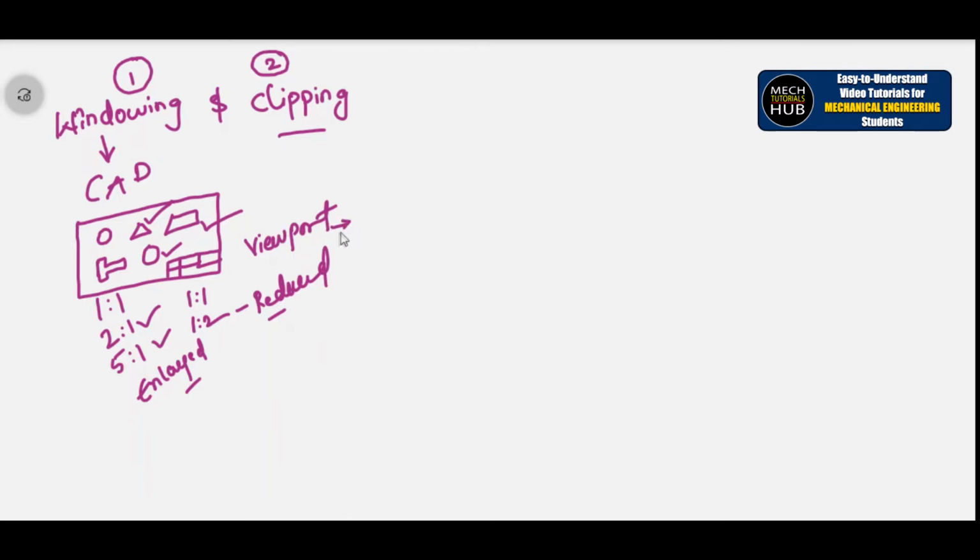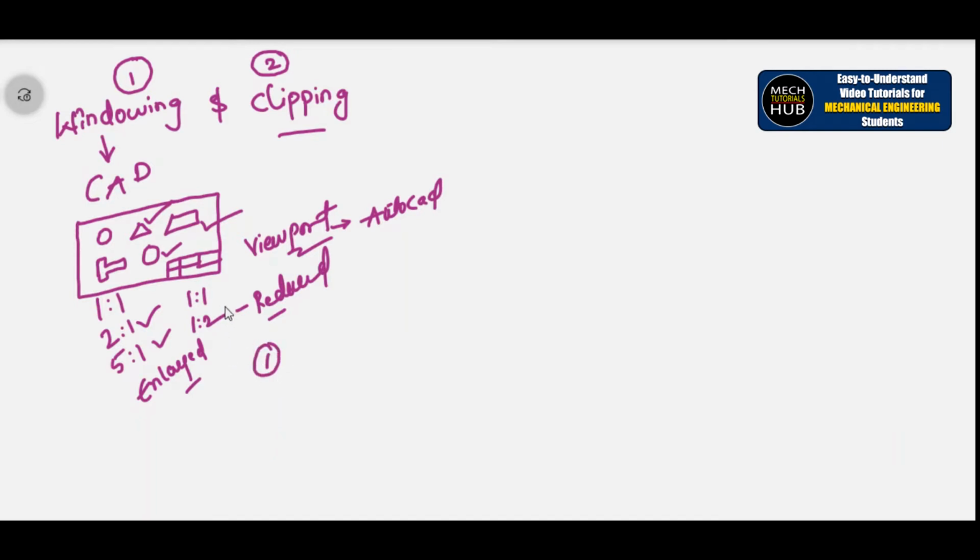This discussion or this understanding will be better about a viewport in case of AutoCAD software. If you are familiar with the AutoCAD software, then you understand what exactly viewport is all about. That is what you do. Okay, in general, this is a general discussion that I am trying to put in front of you before I actually move onto the concept. Okay, so what actually windowing is all about.